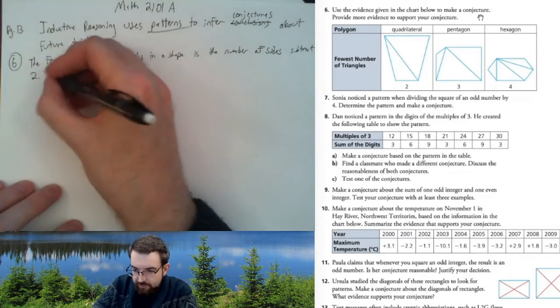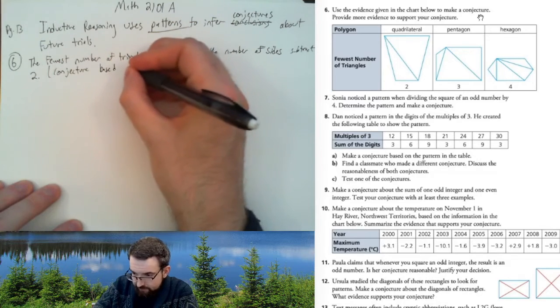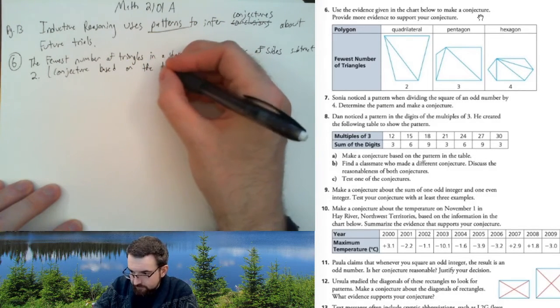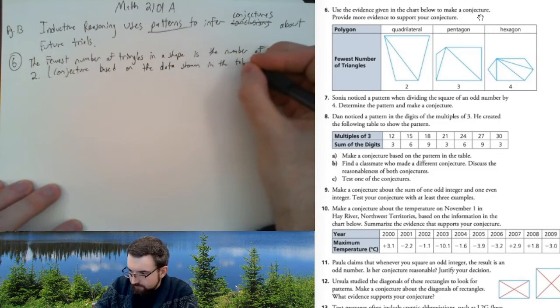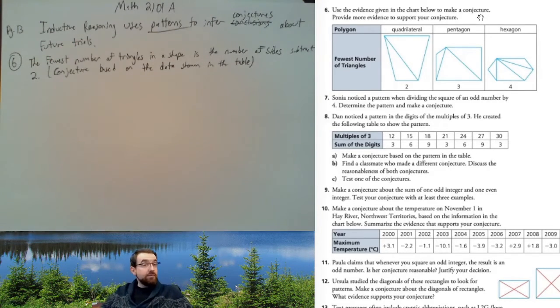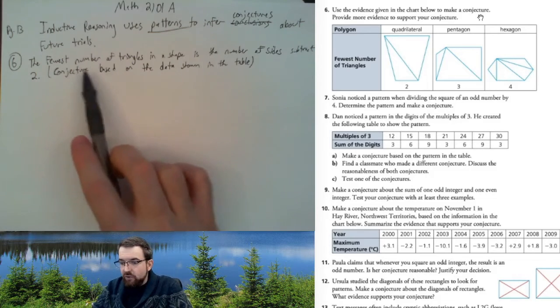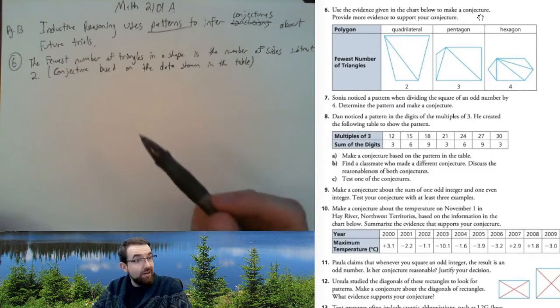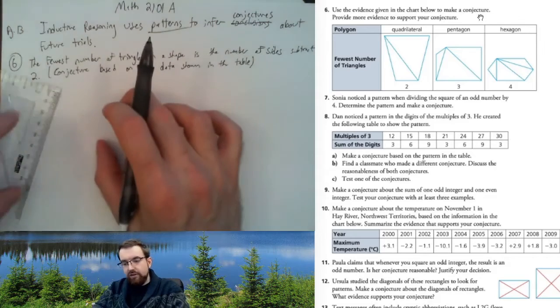So this is my conjecture. It's a conjecture based on the data shown in the table. This is a good example because it's pretty clearly math oriented: the fewest number of triangles in a shape is the number of sides minus 2. And it says here provide more evidence to support your conjecture. Well, the hexagon is there, so let's go on and do a